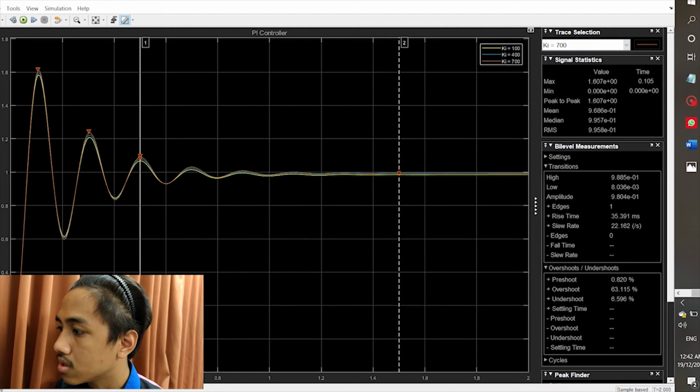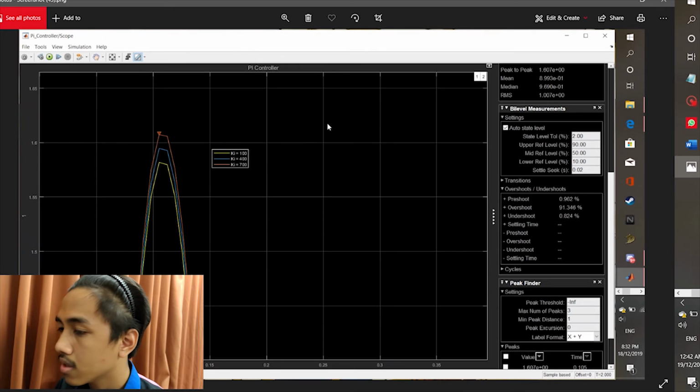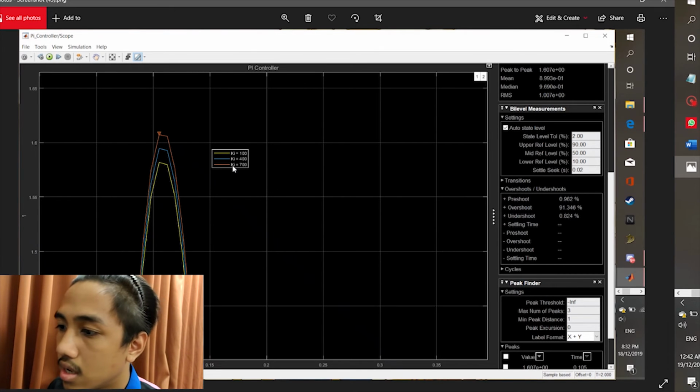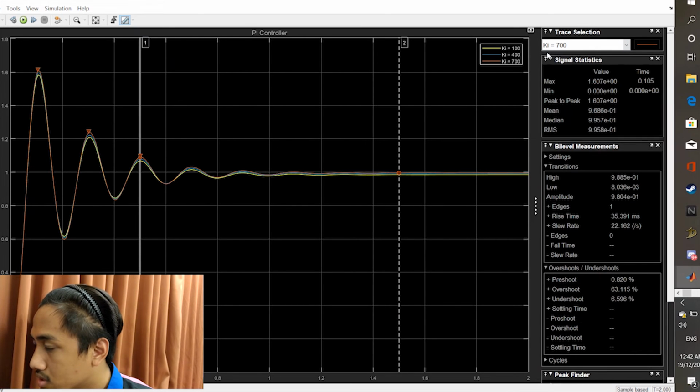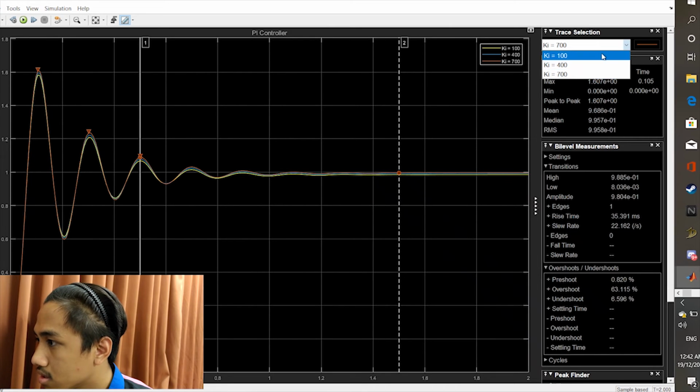So here is the result for overshoot percentage. As you can see here, when I set the integral value to 700, we will obtain a higher overshoot percentage. While with integral equal to 100, we will obtain a lower overshoot percentage. So we can check here. For KI equal 700, the overshoot percentage is 63. If KI is equal to 100, the overshoot percentage is 60. And KI equal to 400,